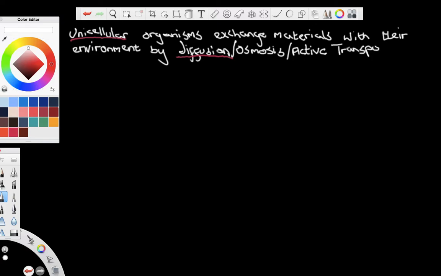So if you are a unicellular organism, you don't really have a problem getting the things you need because you can just absorb them from your environment. However, if you are multicellular, the distance from internal cells to the environment is much bigger, and therefore you cannot rely on diffusion. So we can say, and I'm going to put it in red because it's important, that multicellular